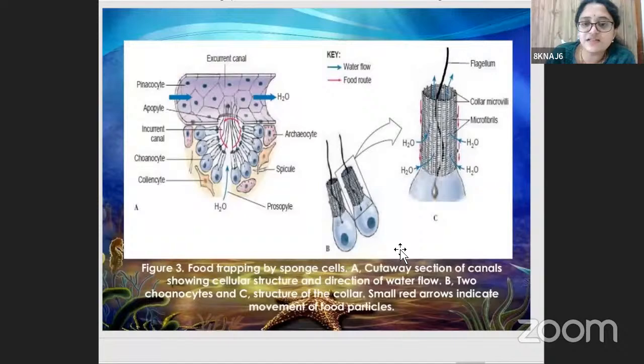See, since it is given in a black and white picture in your textbook, it is not very clear to see, but then you'll get an idea of it. And then you have amoebocytes present, and then you have ovum, the prosopyle, and you have this apopyle over here. This is the prosopyle basically. And you have monoaxon spicules, myocytes, pore membrane, ostium, and incurrent canals basically. So the canal system is complex. At the same time, it's very prominent, and it's the unique feature for this particular phylum,